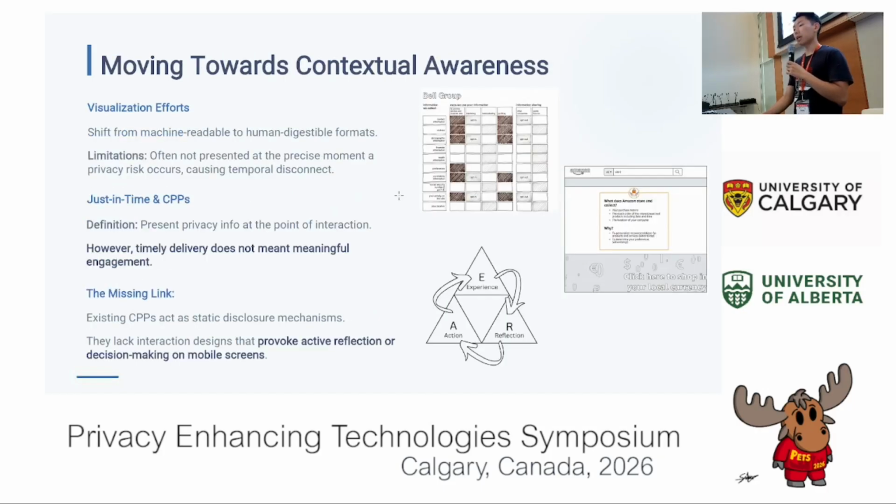Countering these risks and challenges, there are many initiatives to improve privacy policy demonstration and construction. For visualization efforts, earlier forms focus on machine-readable formats such as P3P and human-digestible formats such as privacy labels. However, they are often not presented at the precise moment a privacy risk occurs, causing temporal disconnect. Later on come just-in-time notices and contextual privacy policies, which present privacy information at the point of